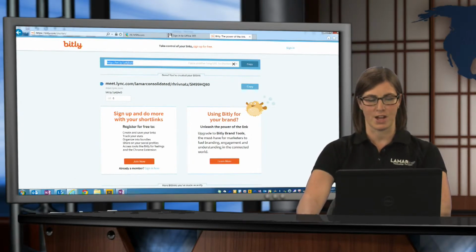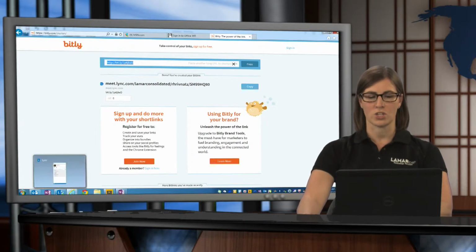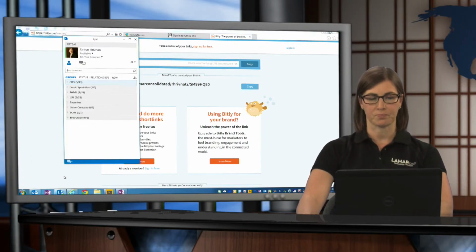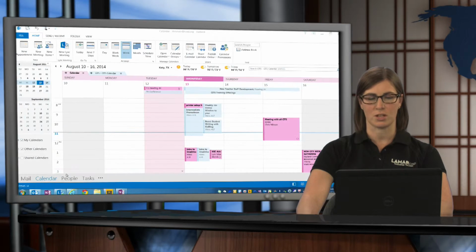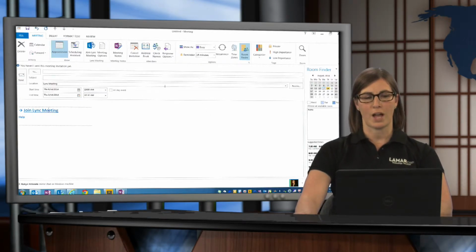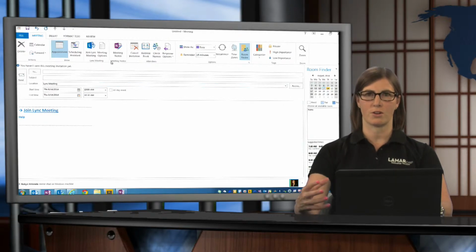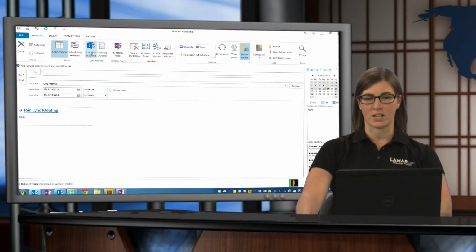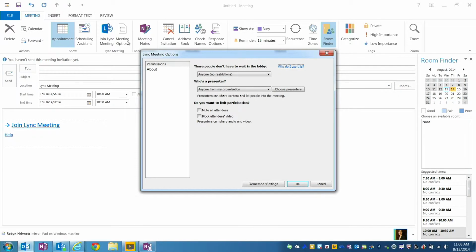to specifically invite them. Now, when you actually are having people join your meeting room, you might want to manage some options in that meeting room. So as the owner or the creator of that meeting room, next to where it says Join Lync Meeting, I have a little button that says Meeting Options. And when I select this, I can specifically choose what I want the people in the meeting to be able to do. So notice that by default